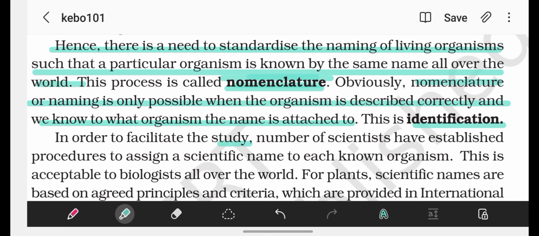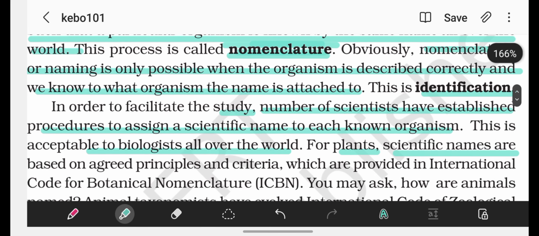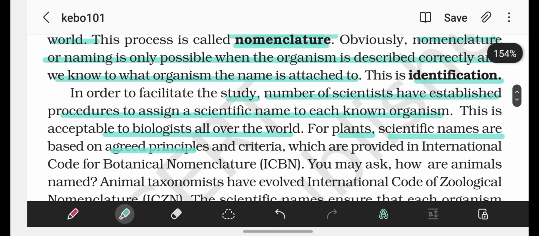In order to facilitate the study, number of scientists have established procedure to assign scientific name to each known organism. This acceptable to all the biologists all over the world. For plant, scientific names are based on a grid principle and criteria which are provided by International Code for Botanical